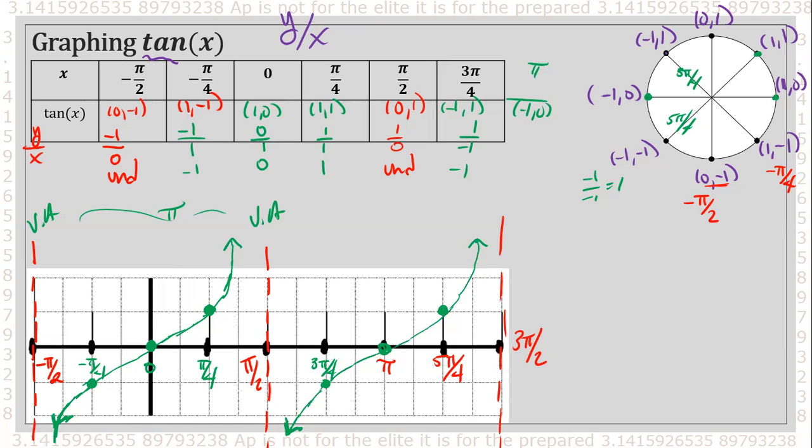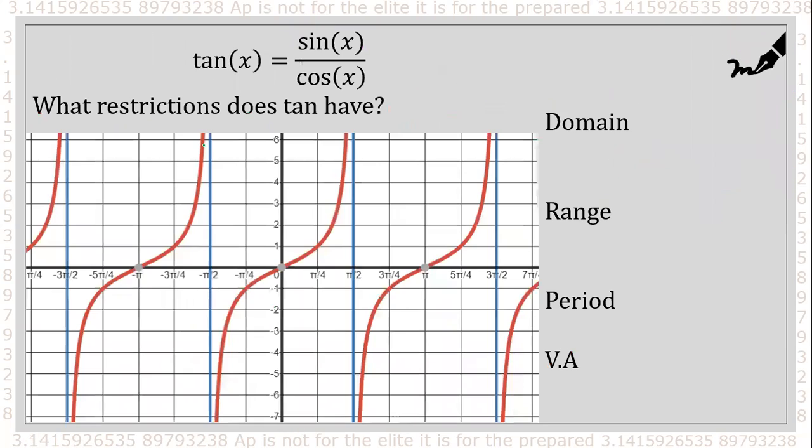Okay. So in a better graph of this, you can see that we have that tangent, right? It will be our function in red. So this is just a copy pasted version all over the entire number line. So if we were to talk about the domain, this domain will actually be all the real numbers except where you have these blue lines, which is your vertical asymptotes. So I guess you can say all real numbers except for when